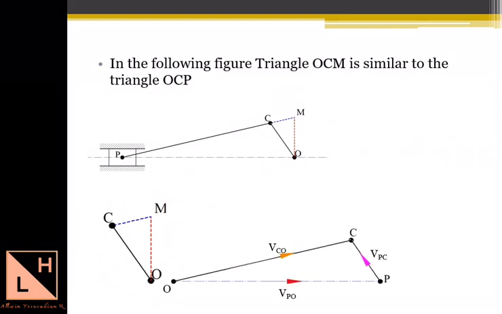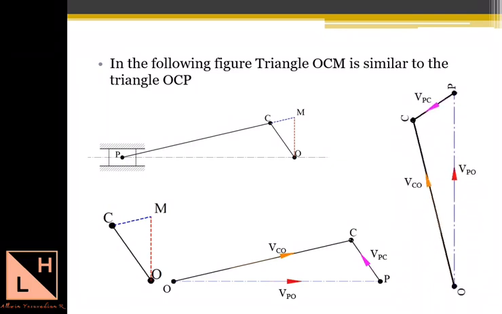The triangle formed based on the direction of the velocities, the triangle OCP, is also similar to Klein's velocity diagram. Since this is in the horizontal direction, we don't see the exact similarity between the triangles, but if you look at this same OCP triangle, with the line OP made vertical here,